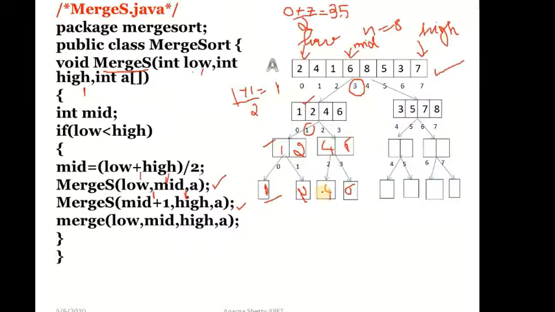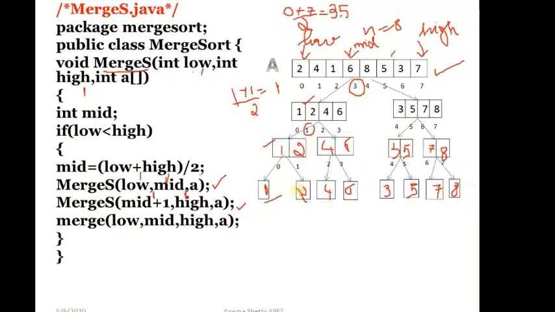After that, this original array's right subarray we will start splitting. First it will split into 3 and 5, and then into one element each, that is 3 and 5. After we finish here, 7 and 8 will split, and then split further into arrays with one element. This is divide and conquer: you keep splitting the given array in such a way that there is one element in each.